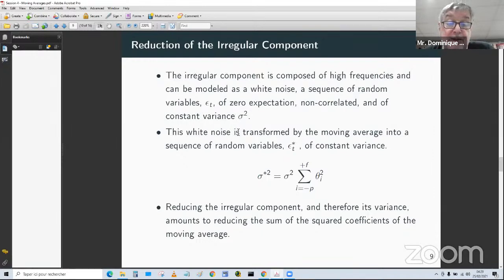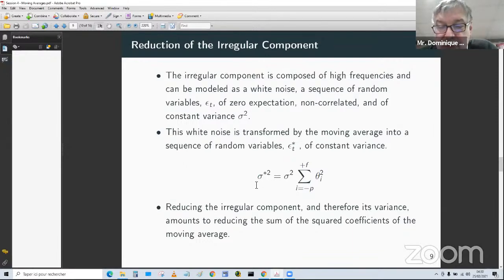Okay, so if I do that with a moving average, if I transform it with a moving average of coefficients theta i,